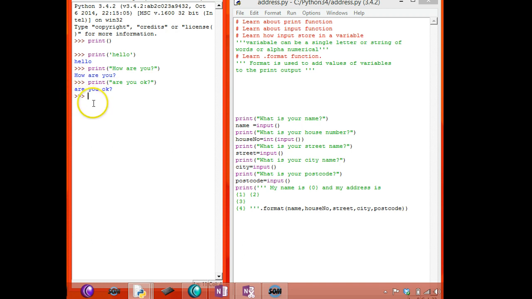But for the input function, I'll show you. Input, this is the input function. When I enter, you won't see this prompt. Instead, you can see the cursor. That means the user has to input something. Imagine my name is Alan, I just put Alan. And when I enter, it will show us a string. Can you see? It is put inside the single quote. So this is the way the input function works. Whenever we use the input function, it waits for user input.